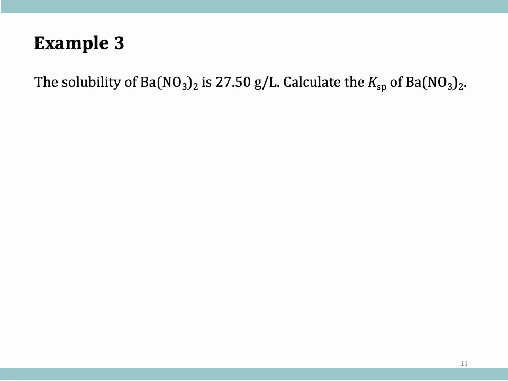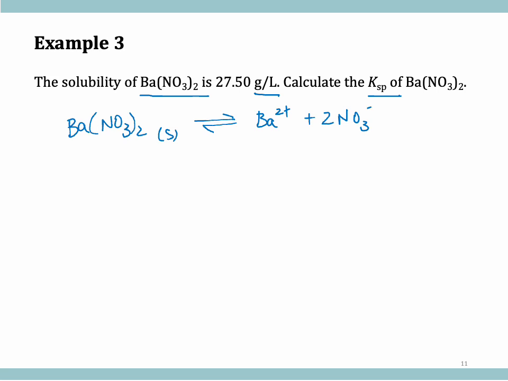Another question, very similar, so you should try this on your own and then please match up your answer. Barium nitrate, again, the solubility is given to us. The solubility of barium nitrate is given to us in grams per liter. The question is asking what is the Ksp. So if I write the expression for this, Ba(NO3)2, it's going to be a solid. It will dissociate to give me barium ion and 2 nitrate ions,